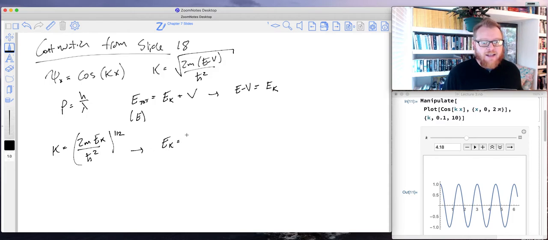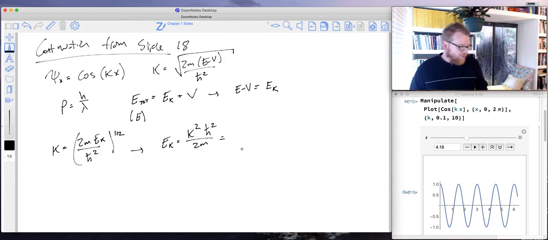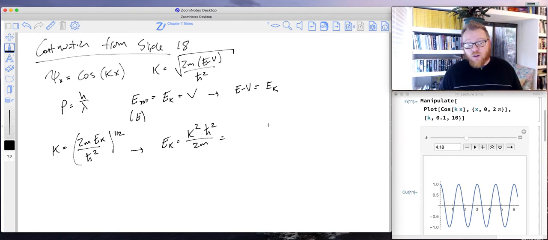We know EK is going to be equal to k squared times h bar squared, all divided by 2 times mass, where we know that that is also equal to p squared divided by 2 times mass, right? So this p squared divided by 2 times mass is another way of writing kinetic energy, which comes from 1/2